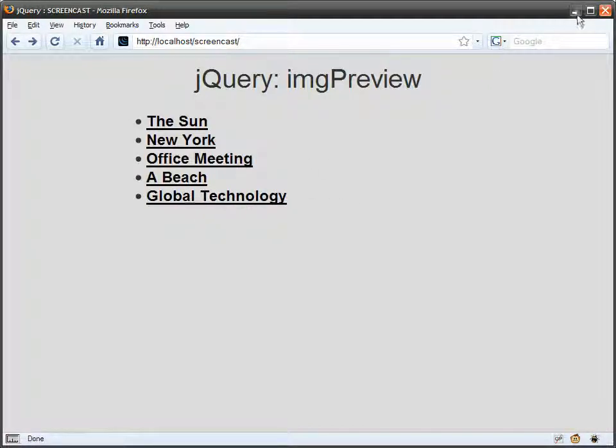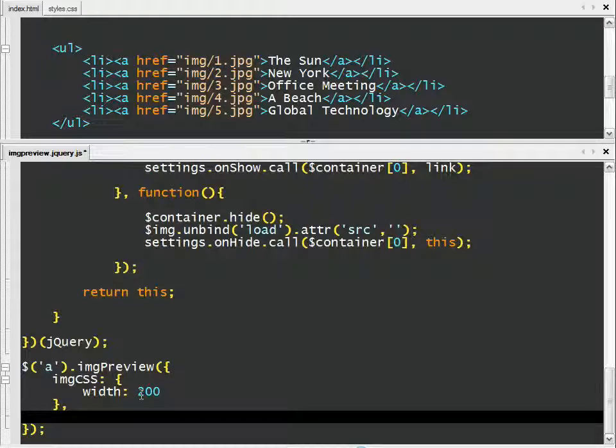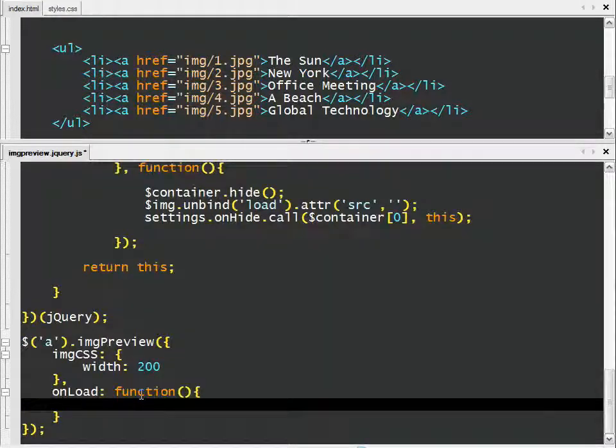And we might also want to set an onLoad function, and this could fade in the image. Sorry, not this. And